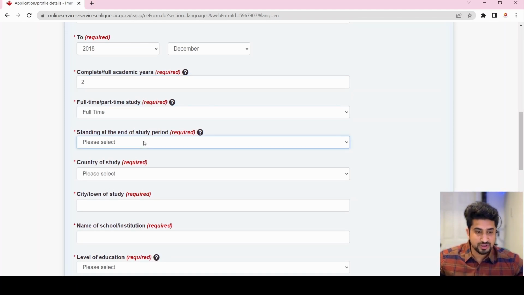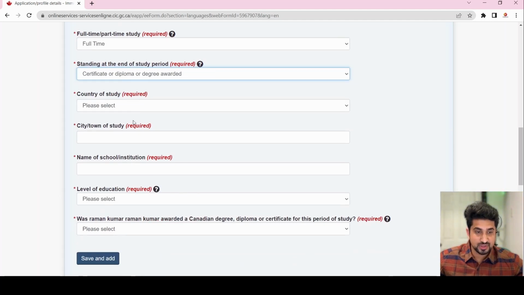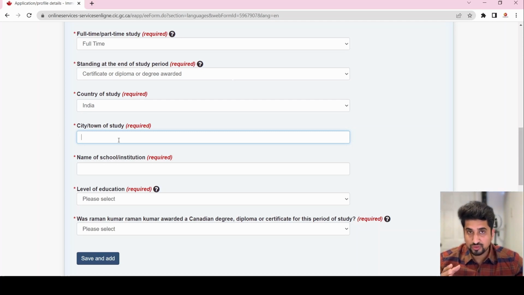Standing at the end of the study period, so in good standing, certificate or diploma or degree awarded, yes. Country of study, it's the same country that you did your education in, so I will select it here, India. City and town of study, so this is the town or city that your institute or university is located in, or you can find this city or town of study on your credentials that you have received, or the degree paper that you have received from your institute. So we will write Jalandhar,